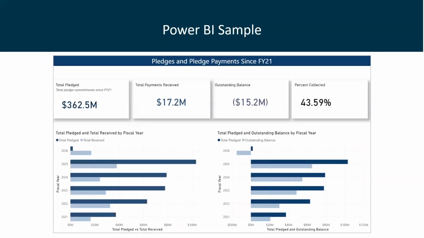So this one shows pledges and pledged payments since fiscal year 21. So the total pledged, payments received, outstanding balances, what's the percentage collected. So it sort of shows how you're doing with collecting on your pledges. And you can see down below looking at pledged and received by fiscal year, and then pledged and outstanding balance